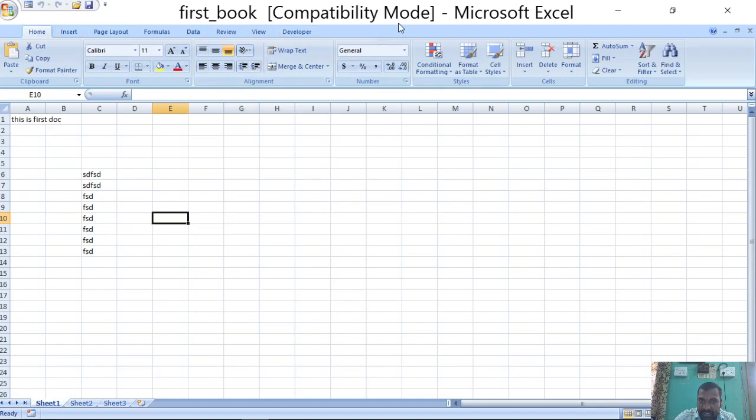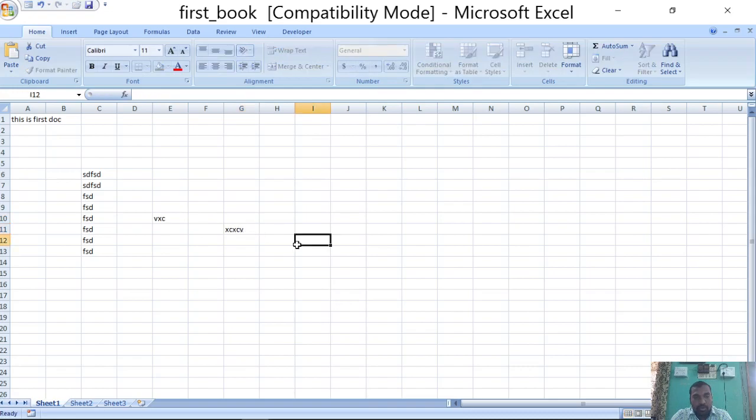So you can observe here in the title bar, it is displaying within brackets compatibility mode. Compatibility mode means the 97-2003 formatted file, worksheet or workbook, will be opened in 2007. So that's why it is opening in compatibility mode.